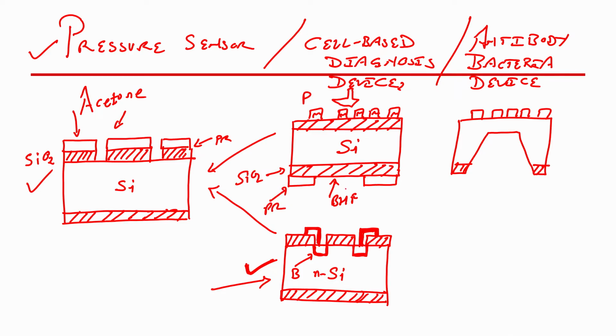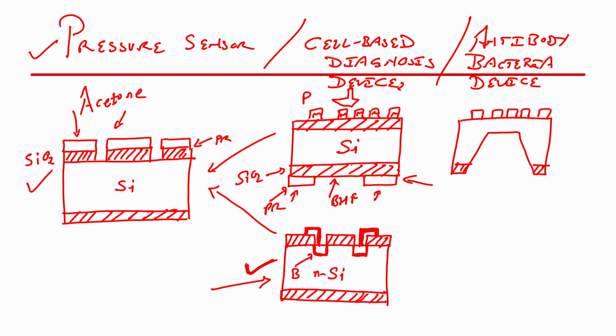How to pattern this photoresist? Everybody knows, right. You spin coat the photoresist on the back side of the silicon wafer, then you soft bake it, then mask, then you expose it. Mask would be such that the photoresist in this particular pattern that you have seen here and here will be protected, and the remaining area will get developed. After developing, what you will have? You have this pattern, and then you have a hard bake.